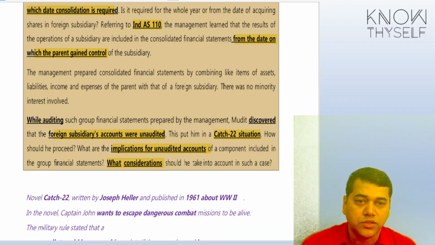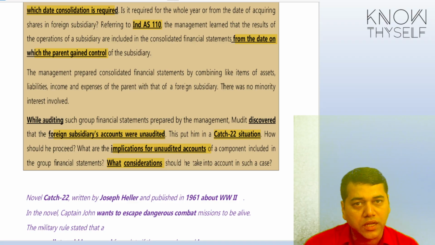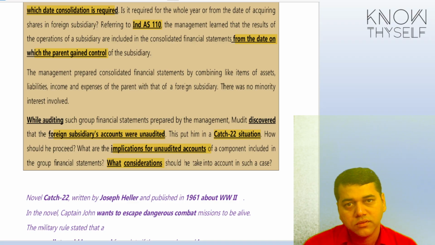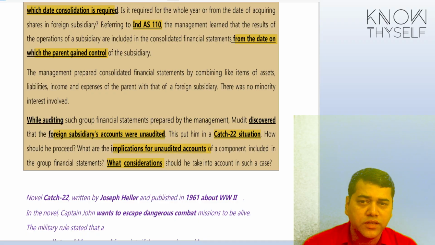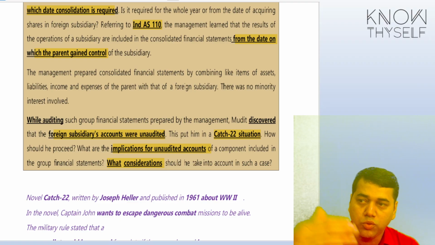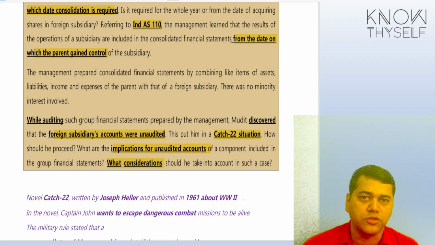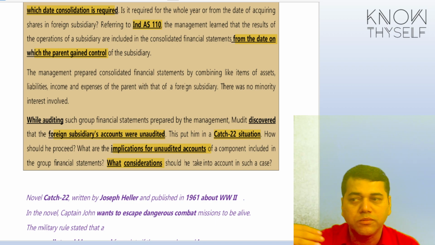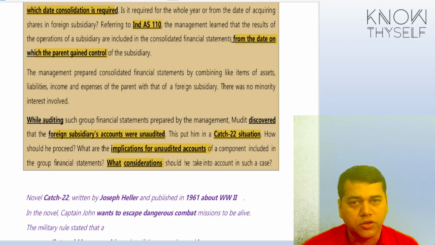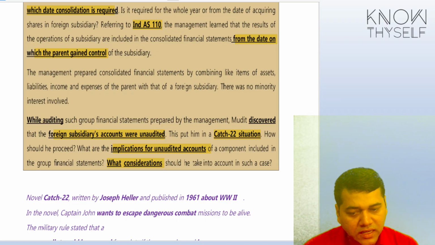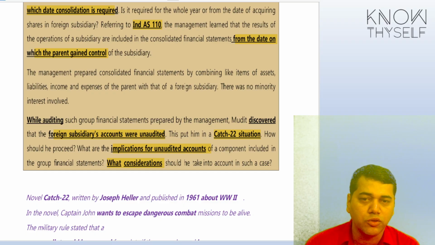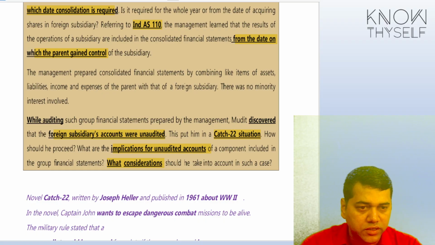So he is confused. Ind AS tells you how to do accounting, but will it tell you how to do audit? You may have come across different scenarios like this, like one of the subsidiaries sitting in a foreign country has not been audited, or you are not the auditor of that subsidiary company. There are so many issues you are going to have. How are you going to address these issues? Who is going to guide you? SA 600 tells what your responsibility is when it comes to the branch auditor or component auditor, subsidiary auditor. But what exactly are the things you need to consider when you are doing a group audit? Let us see this chapter, what it is going to tell.